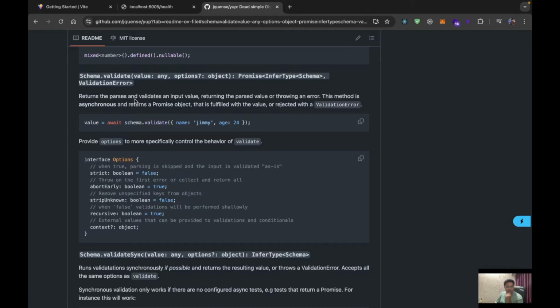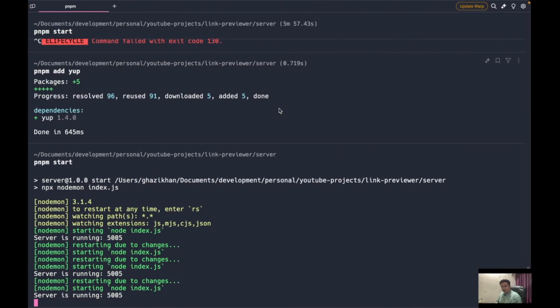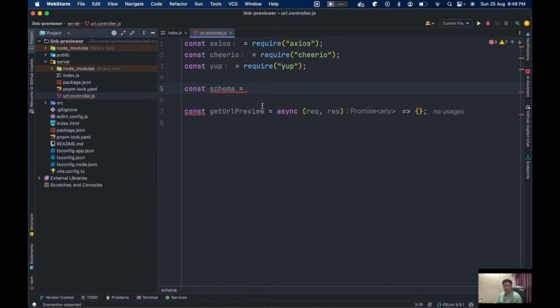Returns the parsed and validated input value, or throws an error. This method is asynchronous and returns a promise object that is fulfilled with the value. I think this is good. So let's use this. Now let's add, maybe I'll take it like this,